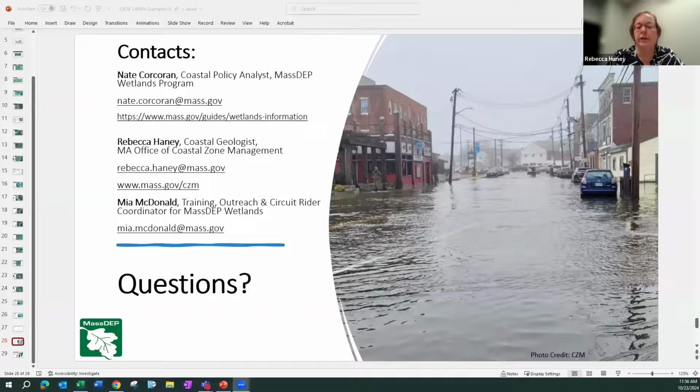So I'll give you another tip while we're waiting for people to think of questions. You also want to think about, when you're looking at flood maps, if you have flooding sources coming from 2 different directions, you want to think about where the flood's coming from. So if, for example,